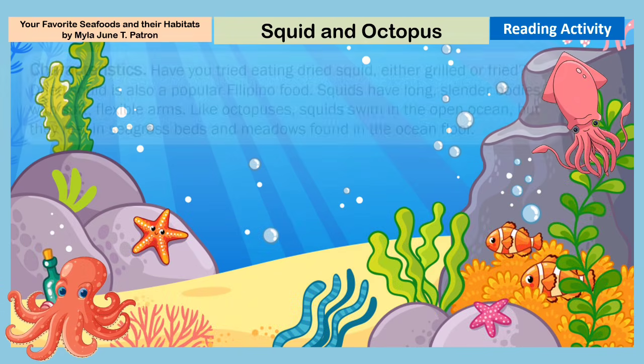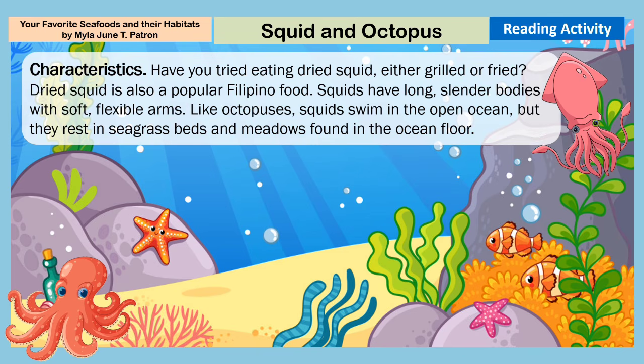Squid and octopus. Characteristics. Have you tried eating dried squid, either grilled or fried? Dried squid is also a popular Filipino food. Squids have long, slender bodies with soft, flexible arms. Like octopuses, squids swim in the open ocean, but they rest in seagrass beds and meadows found in the ocean